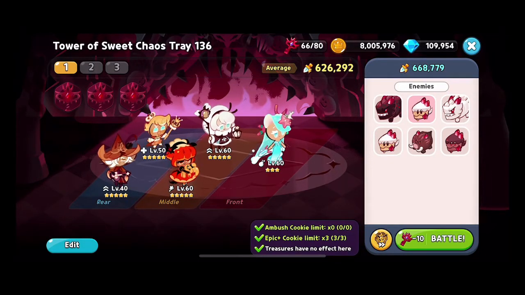We're going to be talking about Tower of Sweet Chaos Tray 136, the first tray where you could not use any treasures, and you only have a maximum of 3 epic or plus cookies, which means epic, legendary, and ancient. The two most essential cookies in this build out of everyone else are going to be Cotton and Pumpkin Pie,